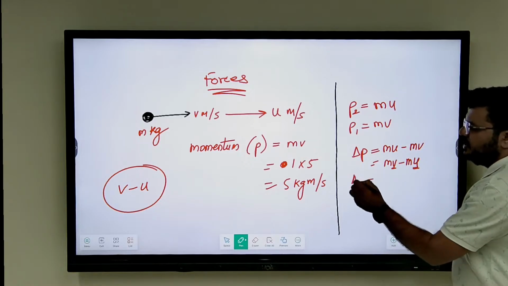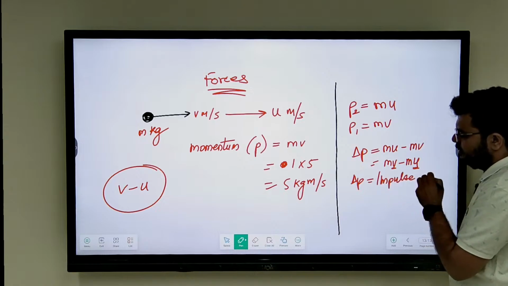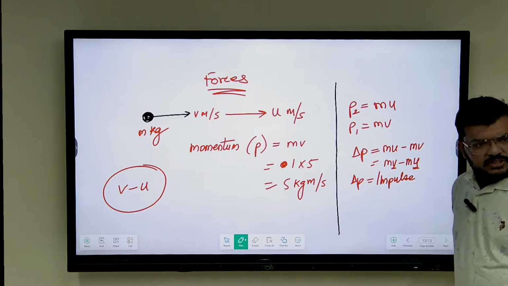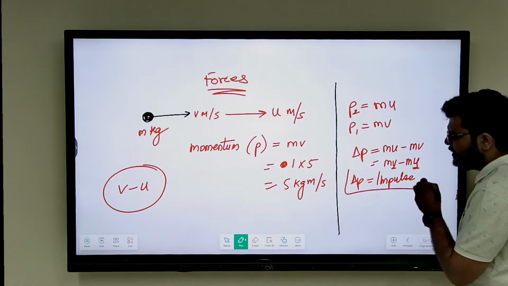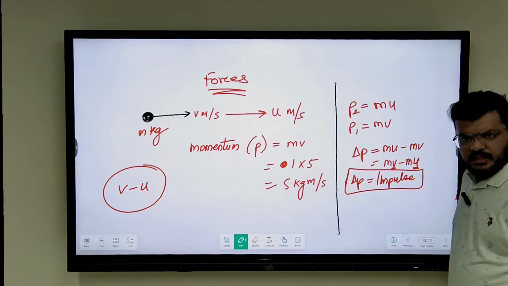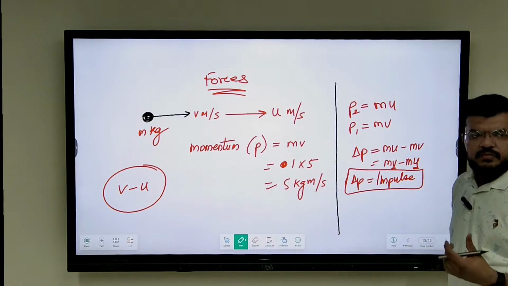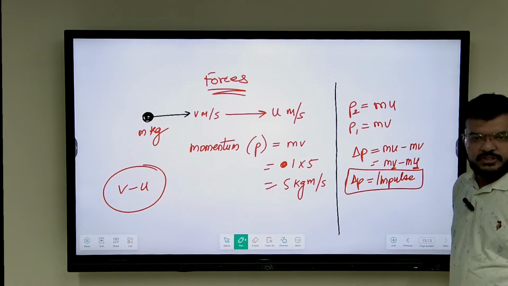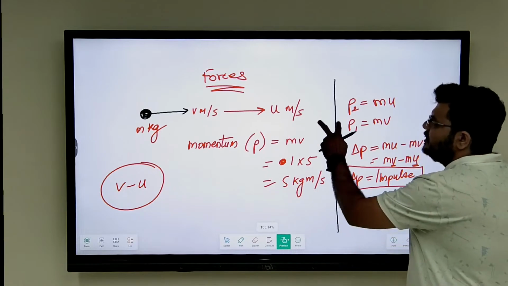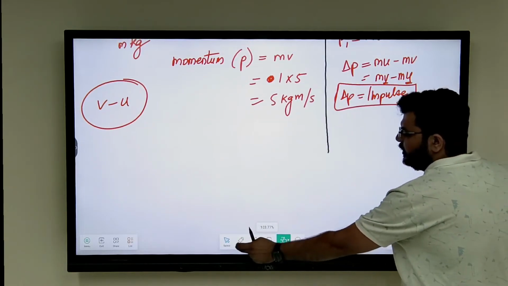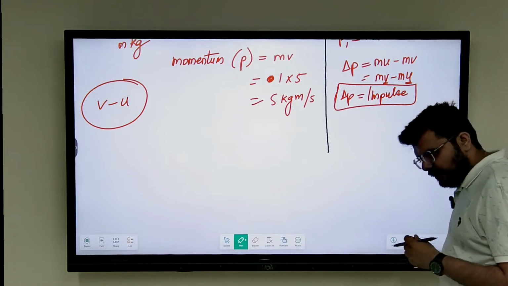Now this change in momentum is also known as impulse, right? What is impulse? Impulse is change in momentum of the object. Now as the impulse changes, hai na, kya ho raha hai impulse mein? Woh change ho raha hai. Kaise change ho raha hai? When you are applying a force, right? Now to understand what else is needed to complete this equation, let's think about it like this,